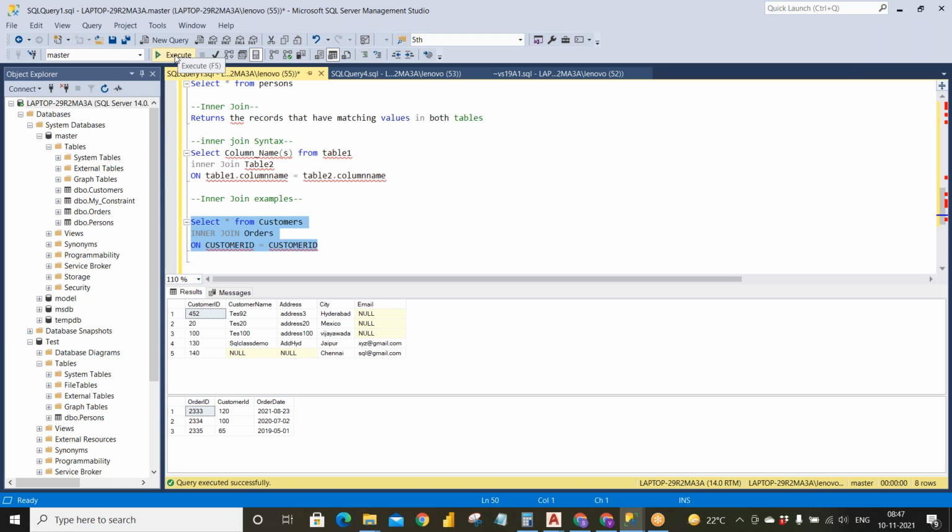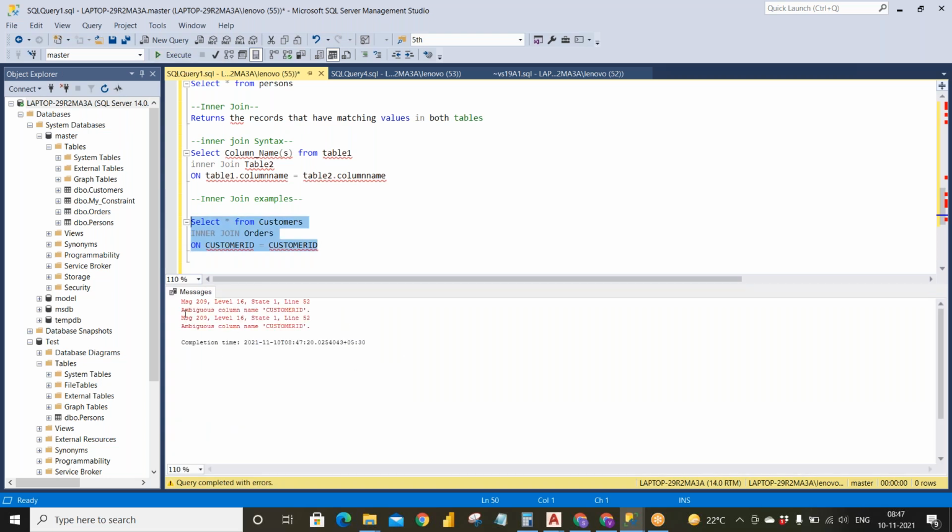See why you will get an error. See this: ambiguous column name customer ID. It is speaking about both the customer IDs and saying both are ambiguous. Ambiguous means it's a confusion between which column belongs to which table. So you are saying customer ID of the first table equals customer ID of the second table. But for SQL, we need to tell clearly which customer ID belongs to which table. Does this customer ID belong to the orders table or the customers table?